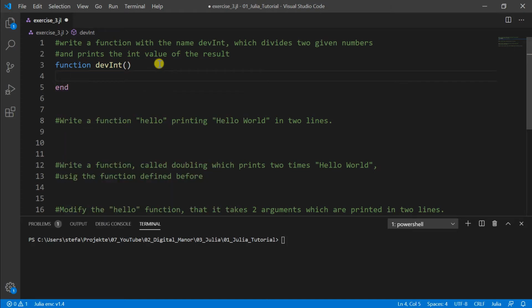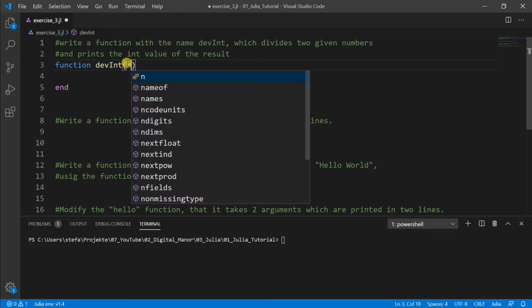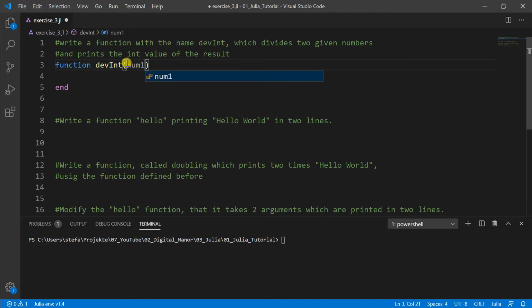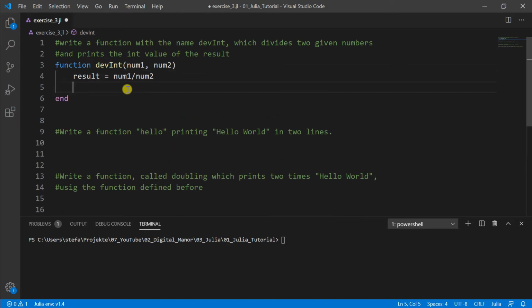And so we have two given numbers, so we need some arguments. We call them just num1 and num2. And these should be divided and we get a result. So we call the variable result, it is num1 divided by num2. And then we want to have the print of